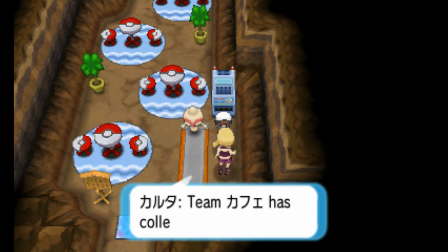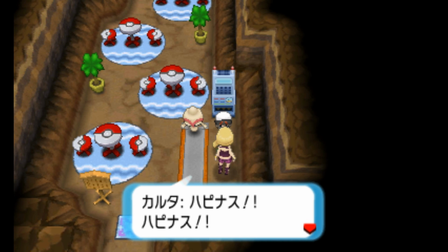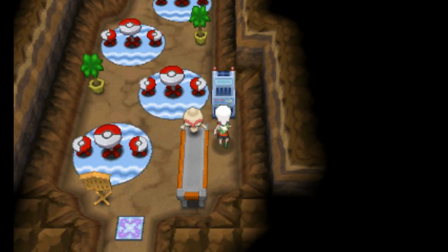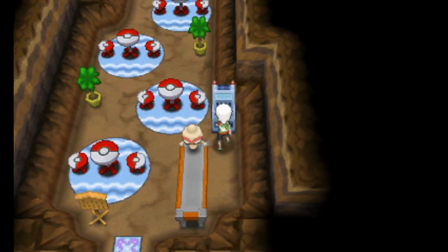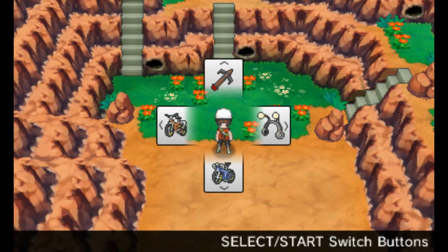If you talk to them and say, I want you to be my pal, and recruit them as a secret pal. Now, they're going to be gone from their base now, but... now they're recruited as a secret pal, if you go back to your secret base...